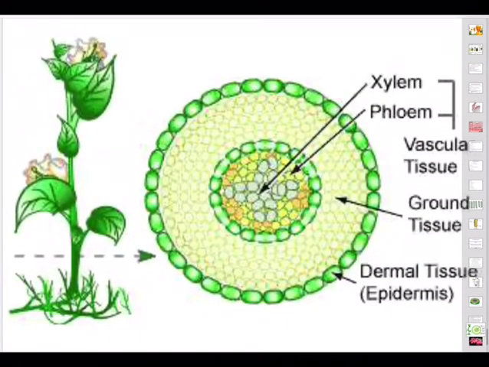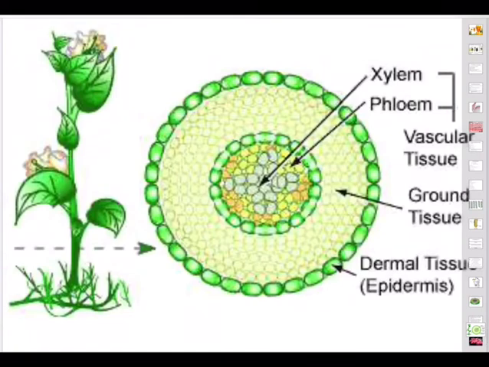And you can see the ground tissue in this. So you have dermal tissue, you have ground tissue, and ground tissue, as I said just now, most of the time we call it cortex and then pericycle. So cortex and pericycle make the ground tissue. Vascular tissue is made by xylem and phloem, and dermal tissue, of course, is epidermal tissue. I hope you have understood this, and you need to visualize this as you are at home. But once you come back to the school, in our lab, each one of you will be taking the sections individually.